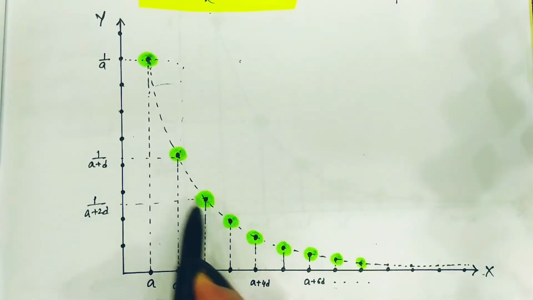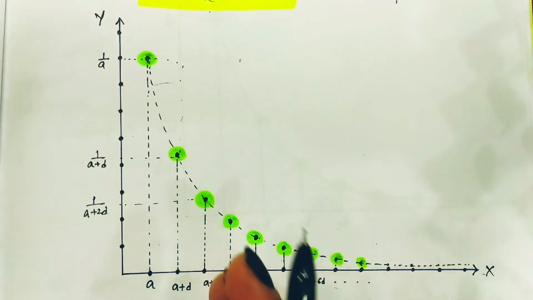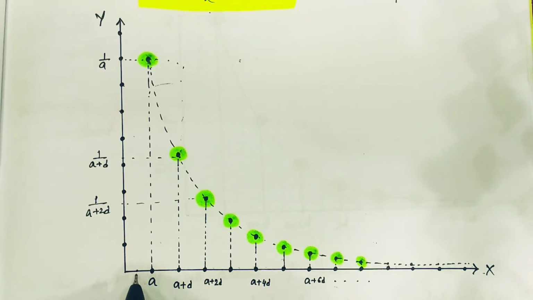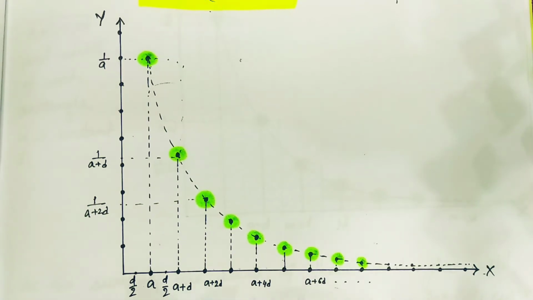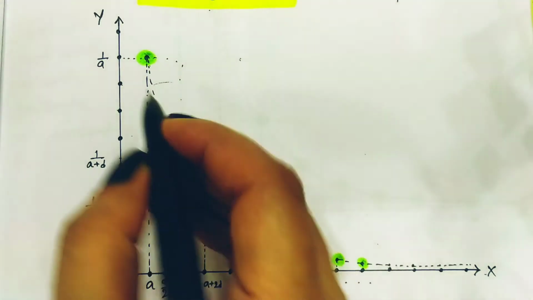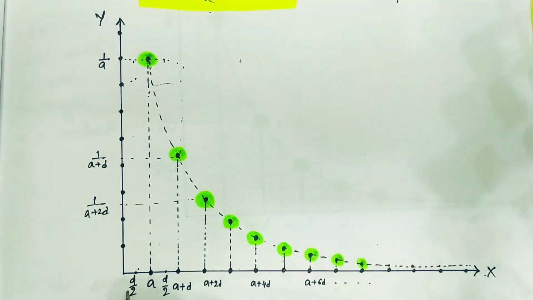For the second rectangle, that much. So that is a very big error. Just to minimize this error, what we can do is take the point 1 that is d by 2 from a. If we go leftward by d by 2, then the width of the rectangle remains d and the height remains 1 by a, and our rectangle changes. It shifts a bit by d by 2.